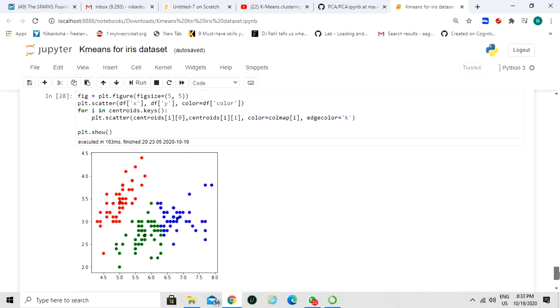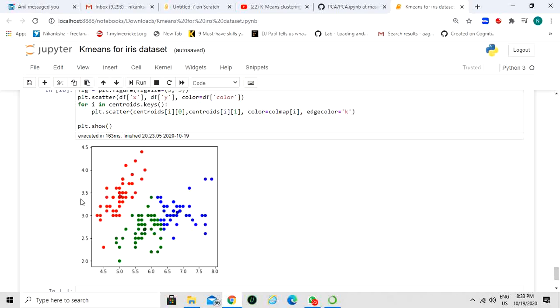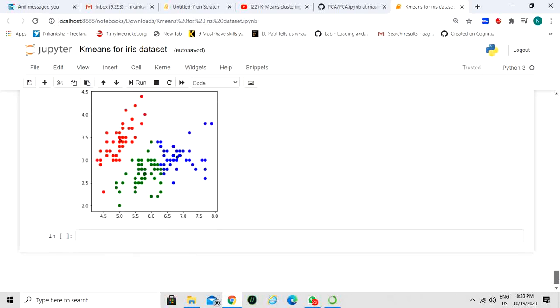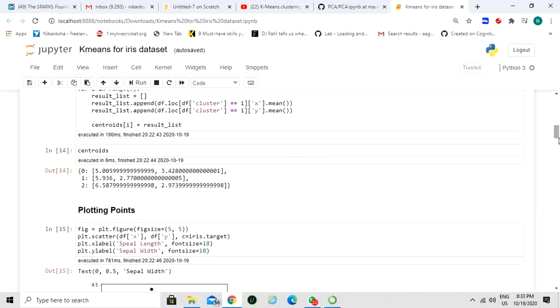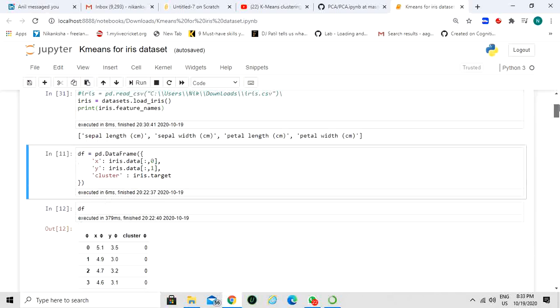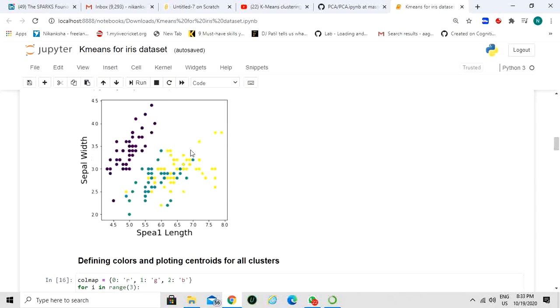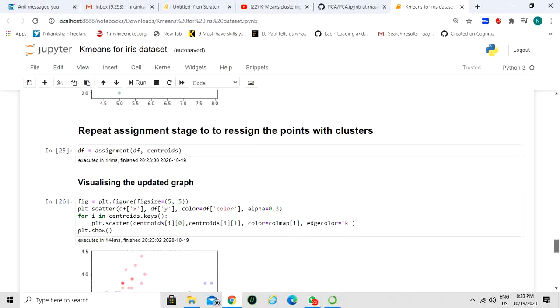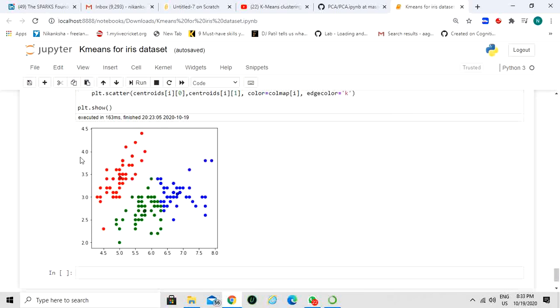After that, the final result. You can see here that the points are clear, totally different. This red one, this green and this blue, we have divided them properly. So you can see the first diagram, where all the points were a mix of both of the points. Now we can see the points are totally different from each other. Means we have performed clustering properly. So this is all about K-means clustering.